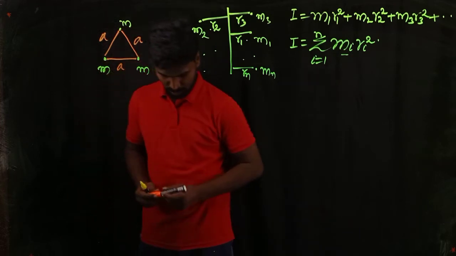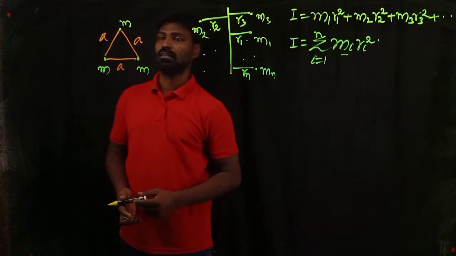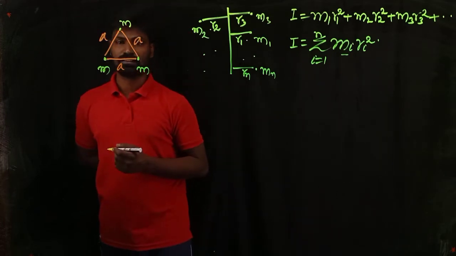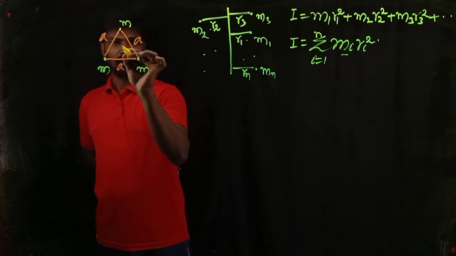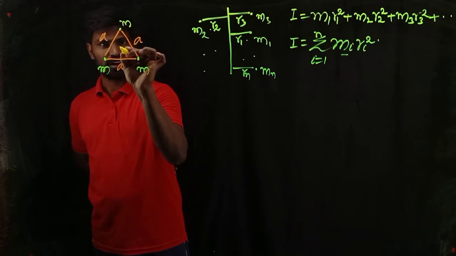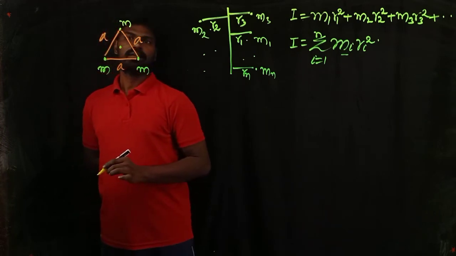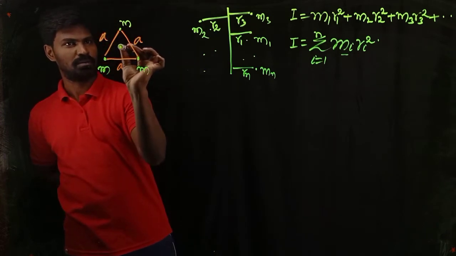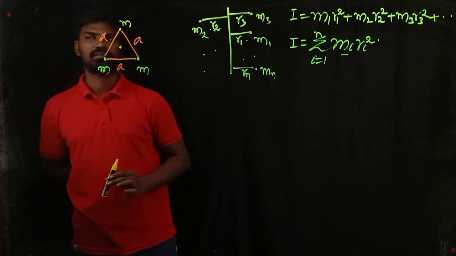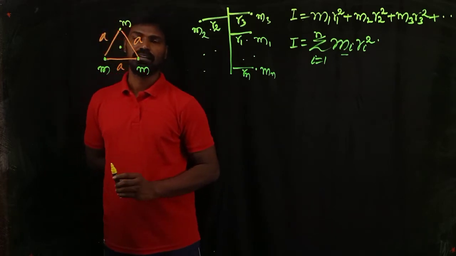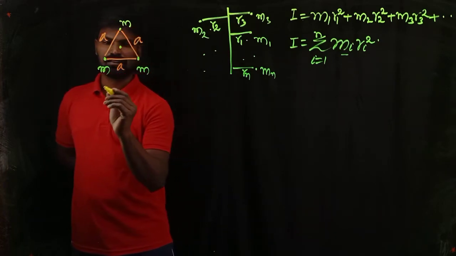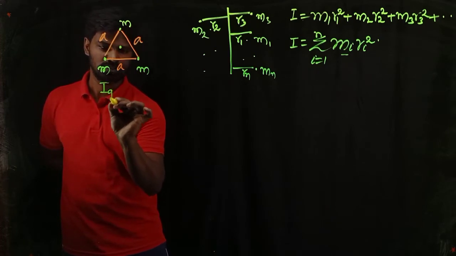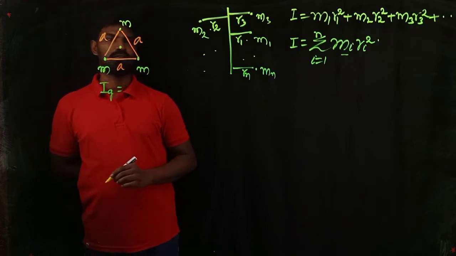Now I want to find the moment of inertia of this system. So the very first question that should come to mind is, with respect to which axis? I would like to consider it with respect to its centroidal axis. That means an axis passing through this center point and perpendicular to the plane containing this mass system. That's called the centroidal axis here. With respect to this axis, I am calling it IG, G stands for centroidal axis, is equal to.